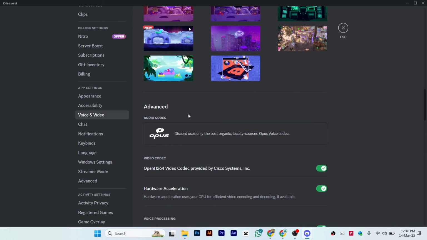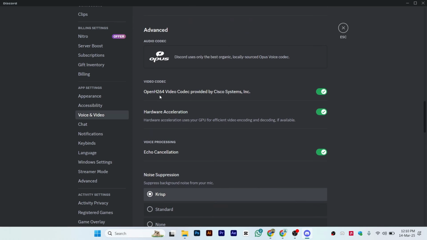And once you see the advanced section, you will see these options: video codec, OpenH264, hardware acceleration, echo cancellation. If it is turned off, make sure to turn it back on, like hardware acceleration. As you can read, hardware acceleration uses your GPU for efficient video encoding and decoding if available. So if it is turned off, make sure to turn it back on, and once you turn it back on, your